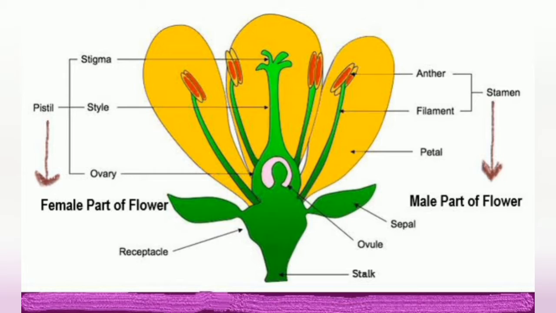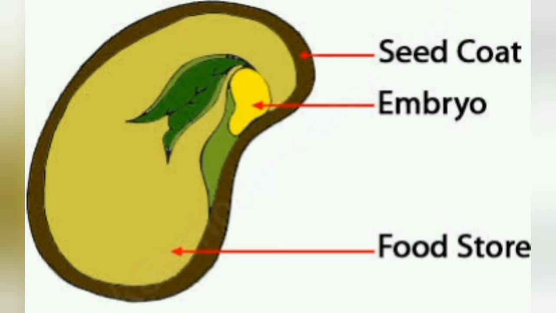Children, seeds are very important because they contain the new plant or the embryo of the new plant. Seeds are found inside fruits. They are of different shapes and sizes. Some fruits, like the mango, have only one seed. Some other fruits, like apple, watermelon, have a number of seeds.